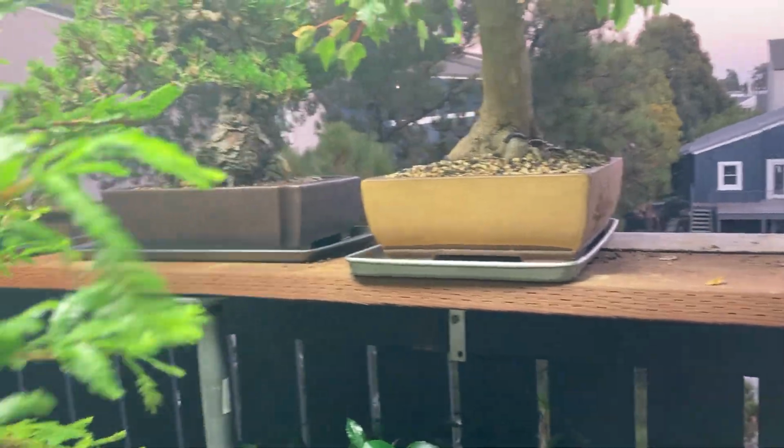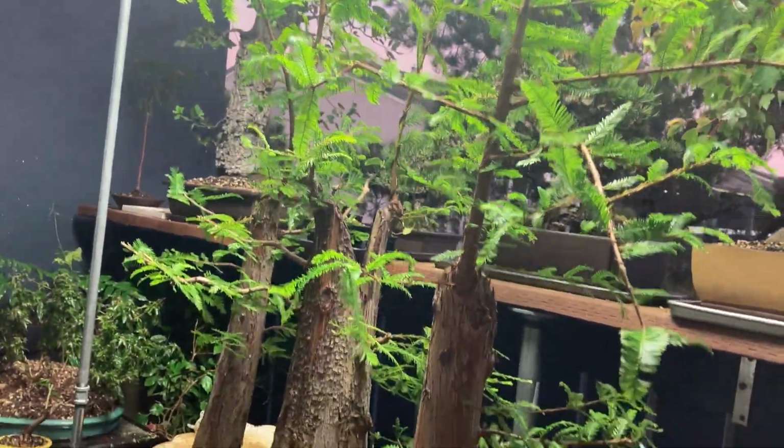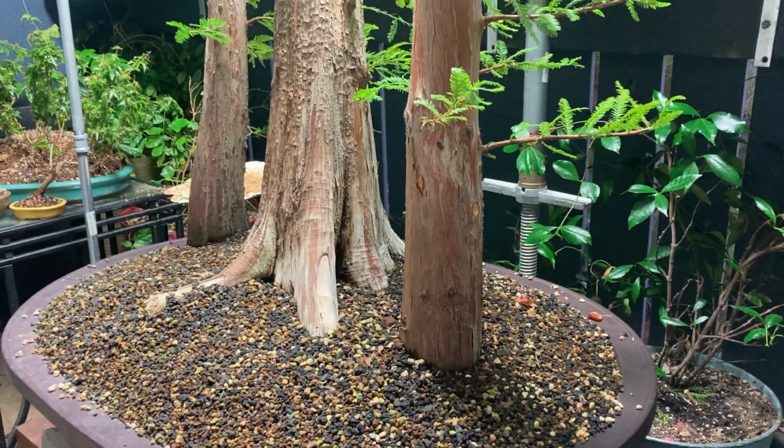I had a bout of PM, powdery mildew, which some of you may know is the California state bird, I think, is powdery mildew. I think that's what I heard. No, that's bad information. Okay. So anyway,